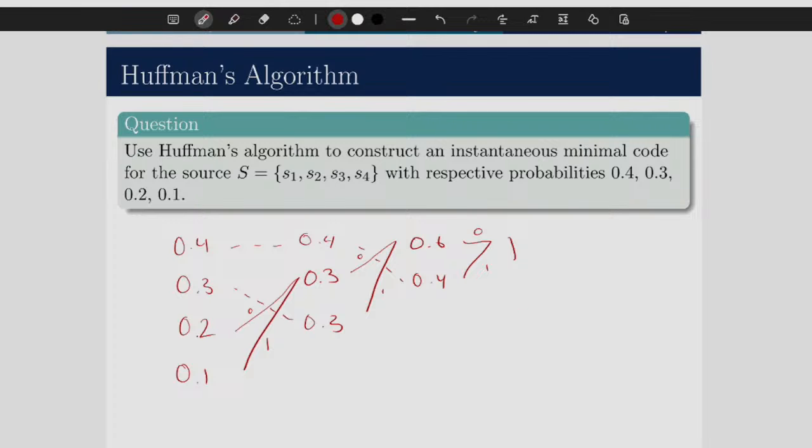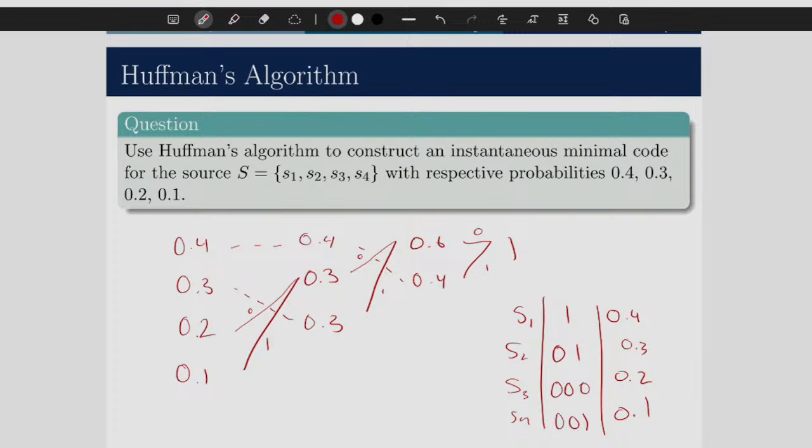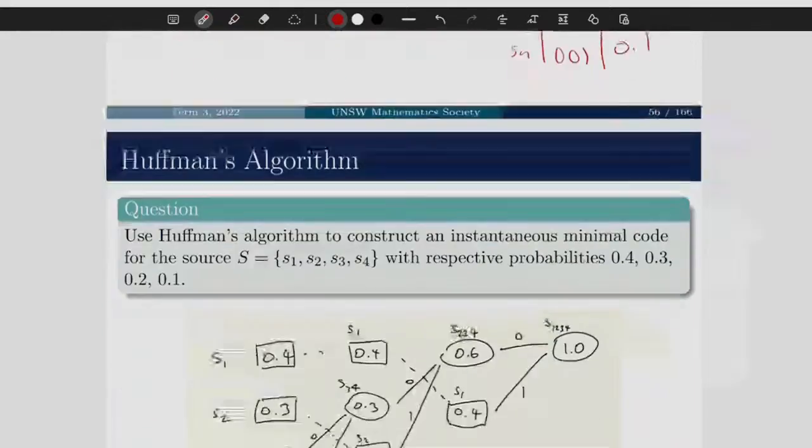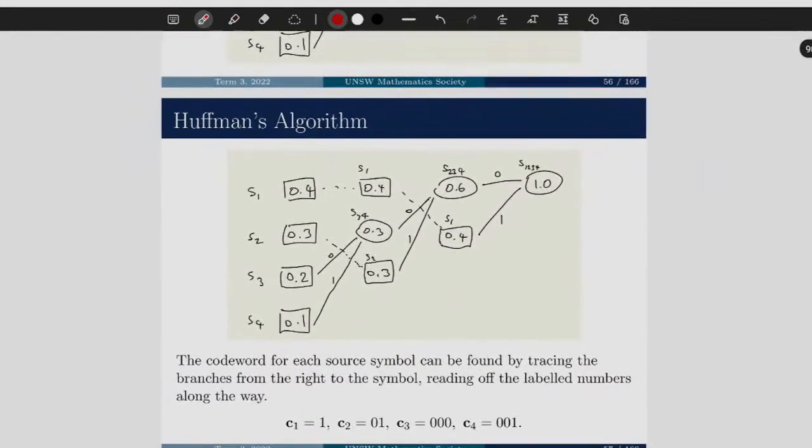So if I was looking at the one that corresponds to 0.4, then I can say, if I just follow this, it's going to be 1, right? So that's going to be 1, S2, S3, S4, 3, 2, 1. The one that corresponds to 0.3, I'm just going to follow it. It's going to be 1, 0, 1, right? And I can do the same with the other codes. And this is basically our construction of our instantaneous minimal code. And I think if I scroll down, yes, there's an illustration of all of this. Super perfect slide.